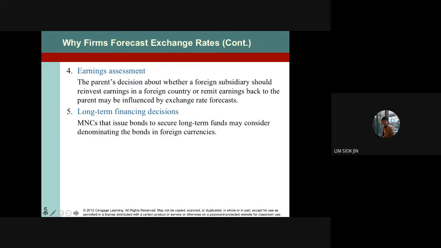Should they bring back the money to Malaysia or not? Or should they continue to leave it there to reinvest in that country? There's another decision. And finally, it pertains to